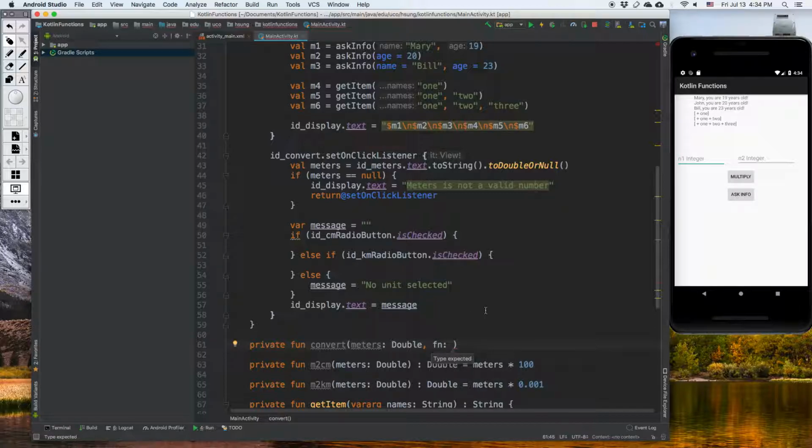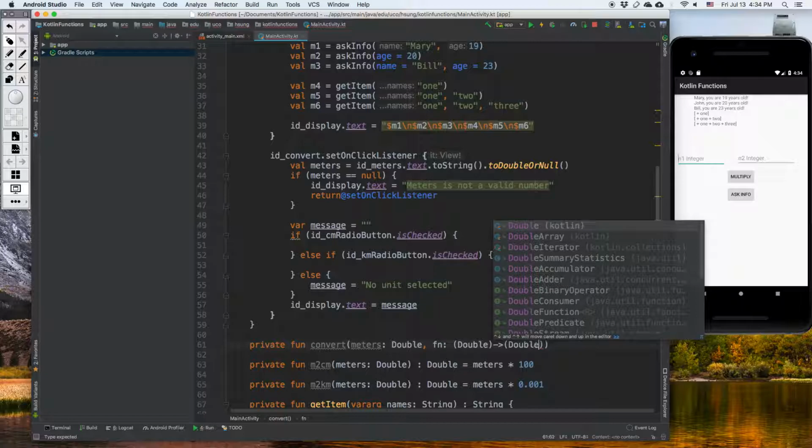Then I can just call it regardless of which function is selected. So in the regular case, in the function parameter, you specify the name of the parameter, colon, and then the data type. If you want to specify a function here, the syntax is as follows. Here, variable is a parameter name, and this parameter fn is to receive a function. Then we specify inside the parentheses what the parameter of this function is. So for this function we expect one double parameter, and then using arrow notation, another parenthesis specifies the return type, which is